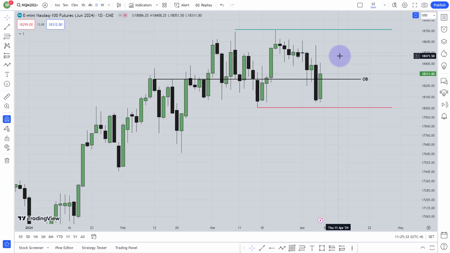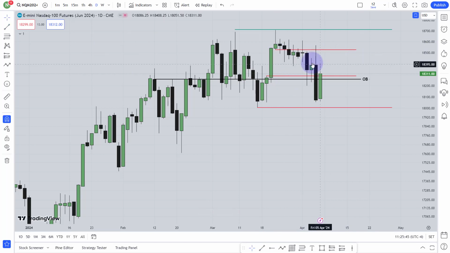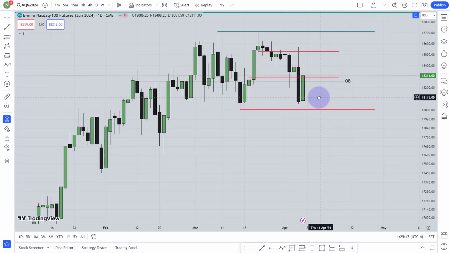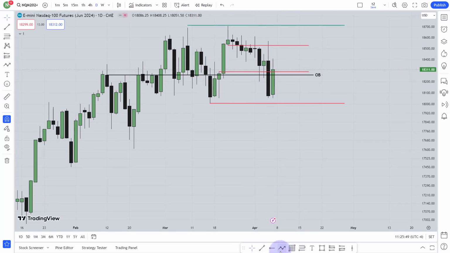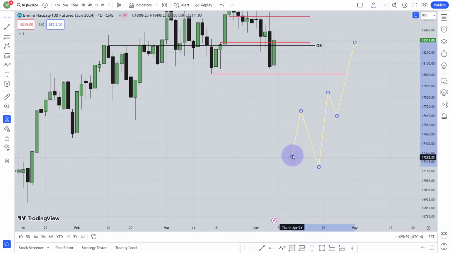Okay, so what is a breaker block actually? I have already uploaded the video. This is that unfilled area from the daily chart. This is that unfilled area that should be unfilled before taking the buy side liquidity, but actually the market has filled that area. So I will start to look for this type of situation. So low, high, lower low, then the highest up close body close candle will be my breaker, then the market will go higher. Okay, so something like this.